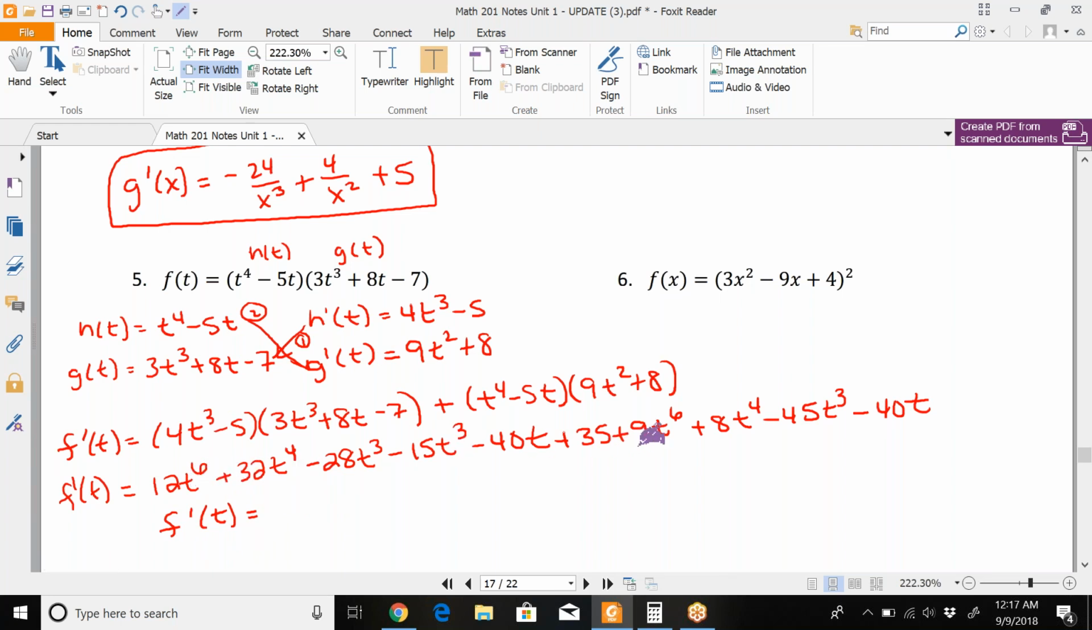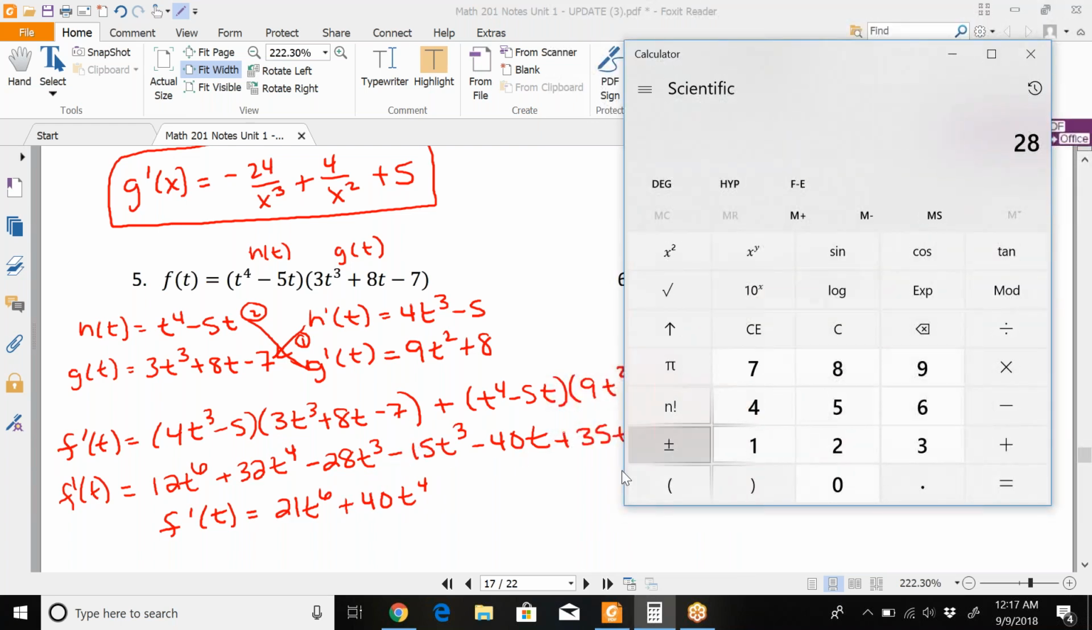So 12t to the sixth and 9t to the sixth, that would be 21t to the sixth. There's no t to the fifths. For fours, there's a 32 and an 8. That would be 40t to the fourth. For cubes, I'm going to need my calculator just to double check. I have a negative 28 plus a negative 15